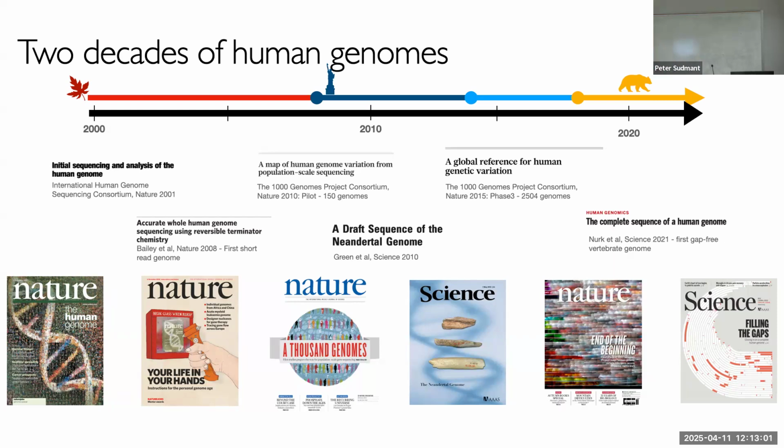And if you look at just what's happened, it's truly remarkable, right? Many of you probably remember this: in 2008, we had the first short read sequenced genome. And that was the first month that I started my PhD. By the time I finished my PhD, Eric and I were publishing on thousands of human genomes. So this huge sea change happened, which is remarkable. Along the way, of course, we got the Neanderthals and Denisovans.